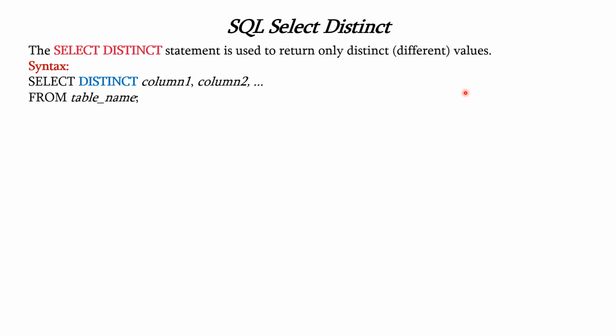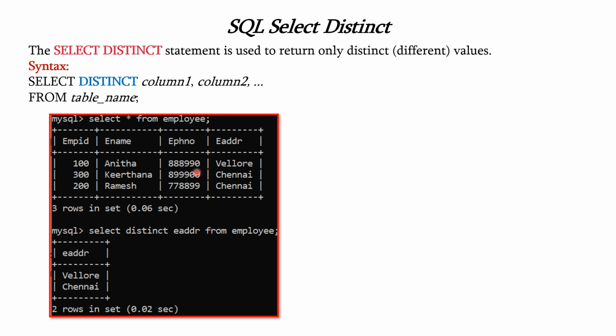The syntax is select distinct, followed by the column names which we are going to consider, from the table name which contains these columns. Let us see an example for this select distinct statement. Suppose we have an employee table. If we give the query select star from employee, it displays all the rows from the employee table as shown here. We have 3 rows and the column names are employee ID, employee name, employee phone number and employee